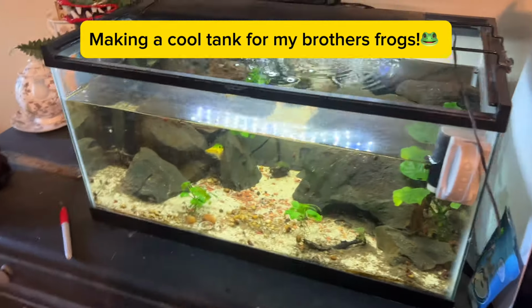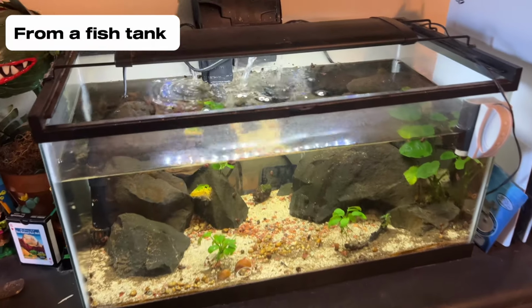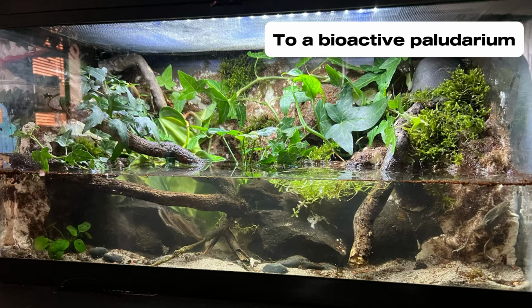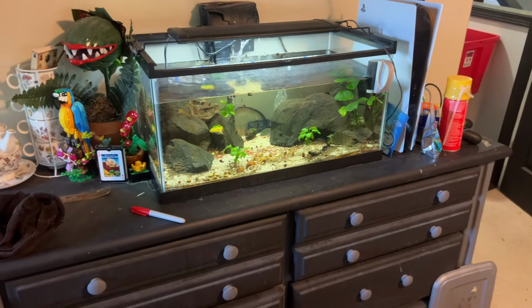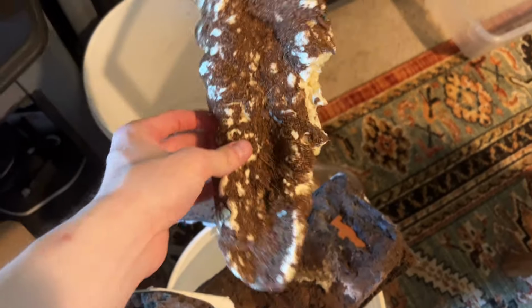This tank here is a frog tank that my brother has in his room. And in this video, I'm going to be changing this tank from an aquarium to a paludarium. So I've already kind of started. Sorry about all that. But I have a lot of cool things I'm going to use for this tank,